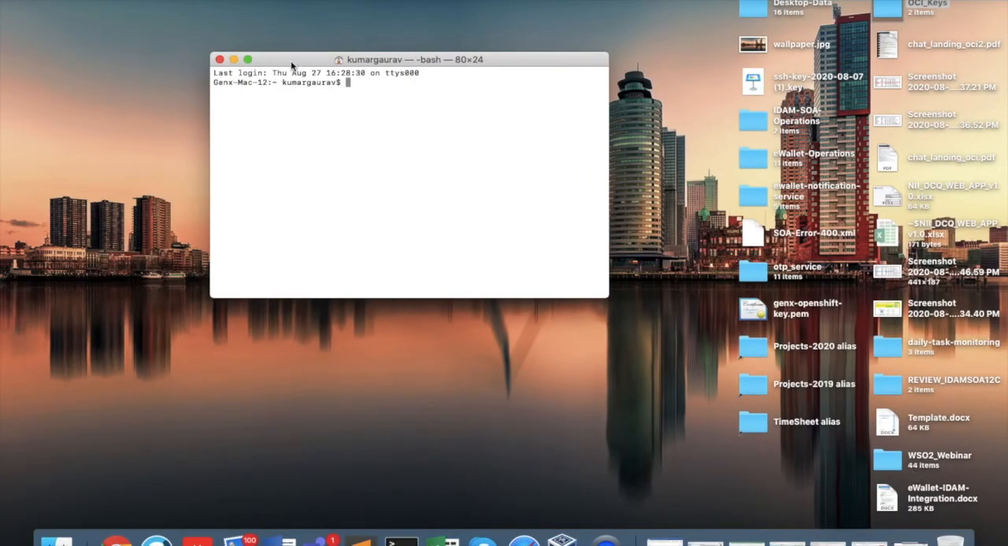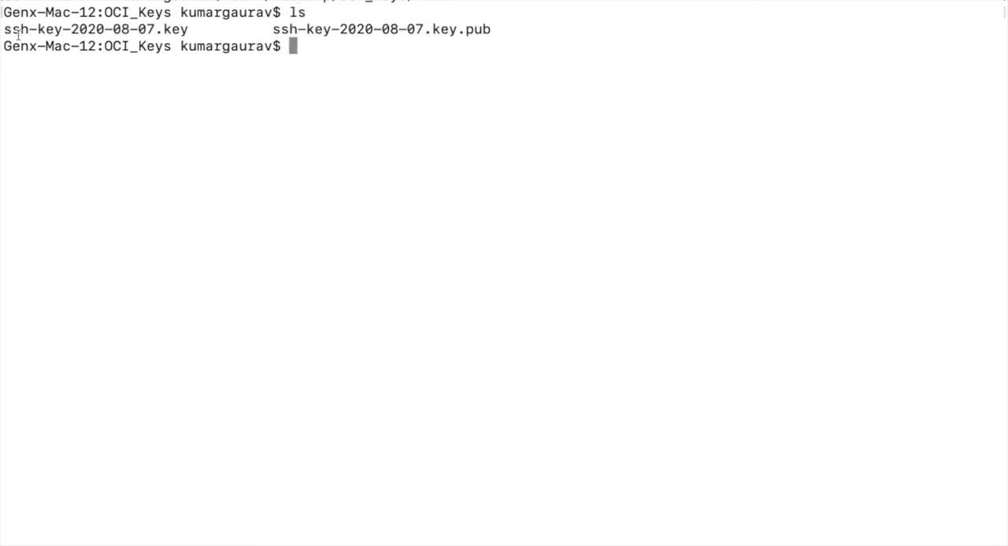Okay, so larger. So I will go first to where my OCI keys are. I will go cd desktop OCI keys. So here is my private key. So I will go ssh -i key opc@